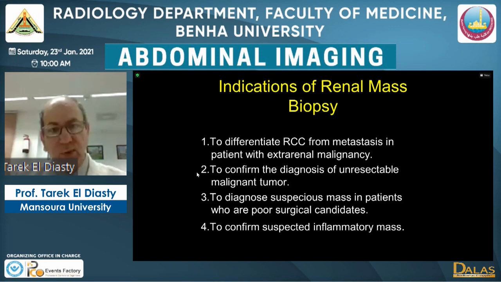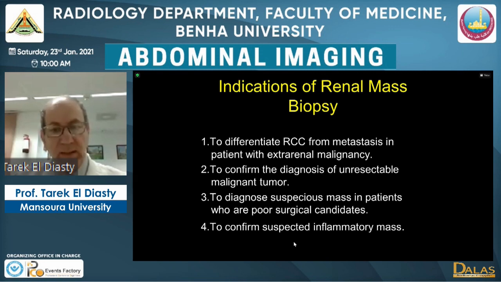So is this mass a primary renal cell carcinoma or a metastatic deposit from the well-known bronchogenic carcinoma? The second indication is to confirm the diagnosis of unresectable malignant tumor, like a child with unresectable nephroblastoma. We have to have a pathologic diagnosis before giving chemotherapy, and to diagnose a suspicious mass in patients who are poor surgical candidates, before taking the risk of surgery with a suspected tumor, we have to do a needle biopsy. And the last established indication is to differentiate a suspected inflammatory mass from renal cell carcinoma,